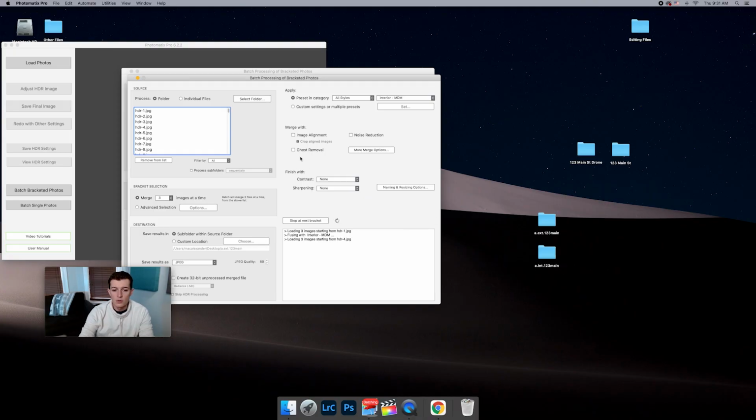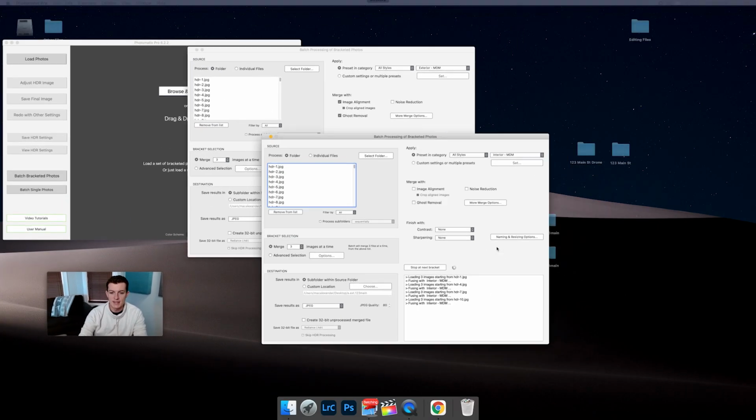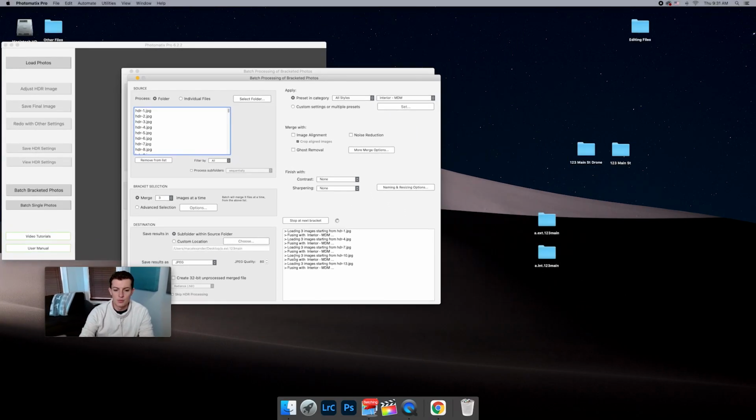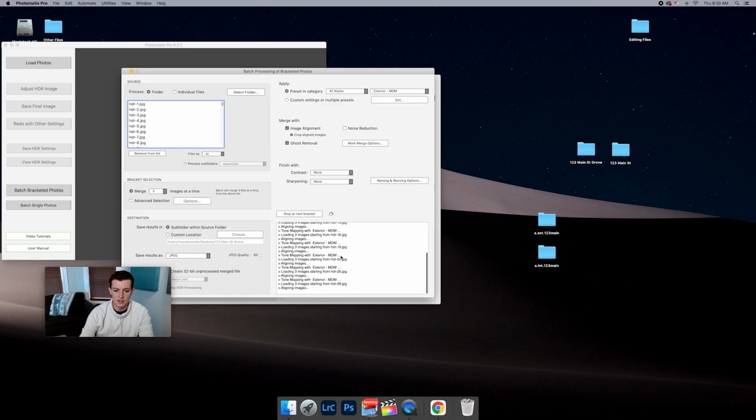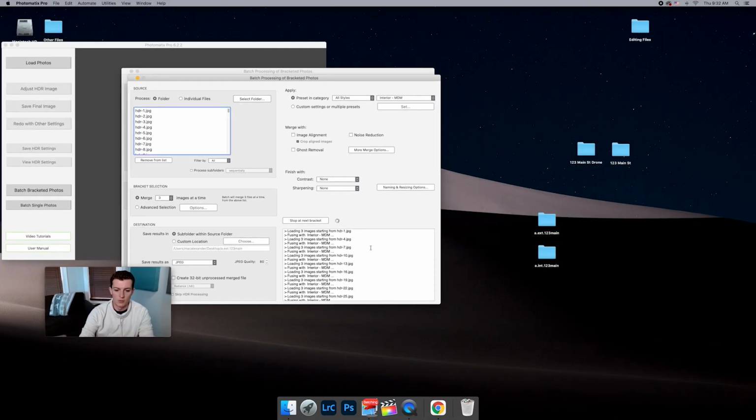So why we don't just keep ghost removal and image alignment selected when we run the interiors is it takes a lot longer to process the HDR photos if these two things are going on at the same time. So as you can see, if I scroll down, it takes a few seconds for each exterior to happen, while down in the interiors, you can kind of see they're going a lot faster, if that makes sense. So we don't want to slow down the computer any more than we have to, because this process does take